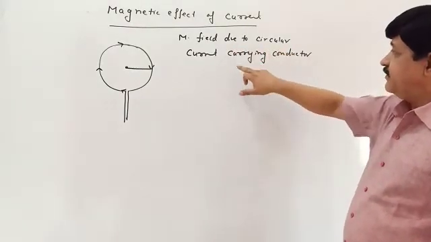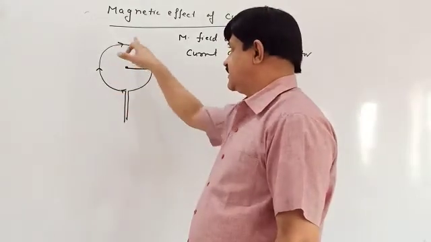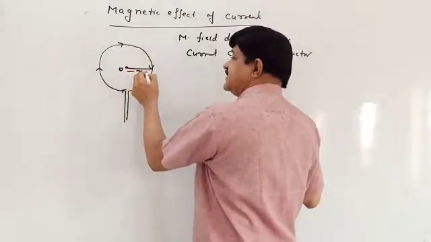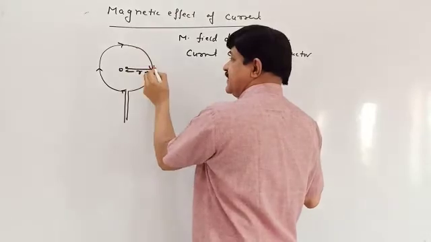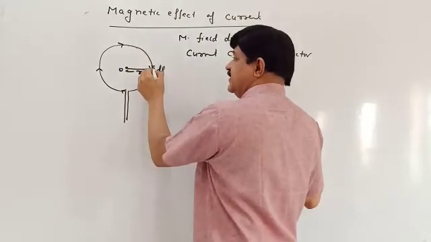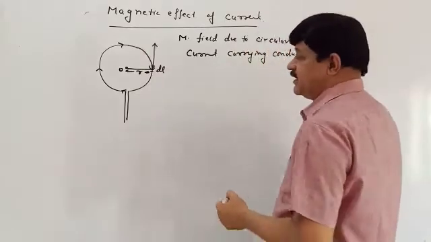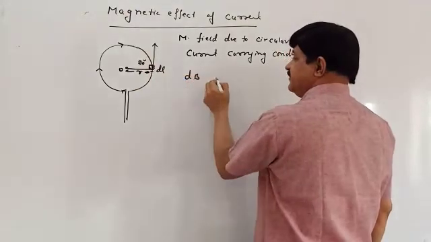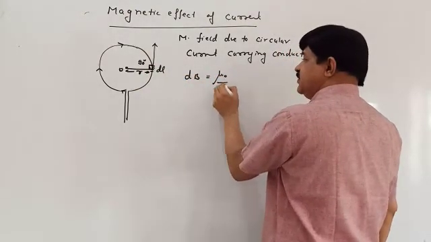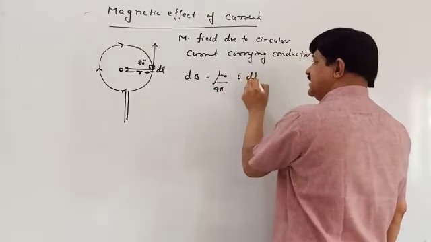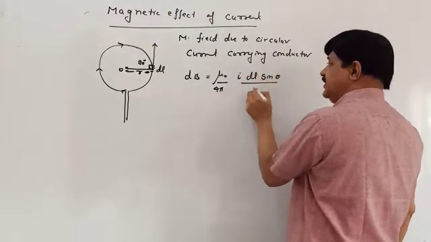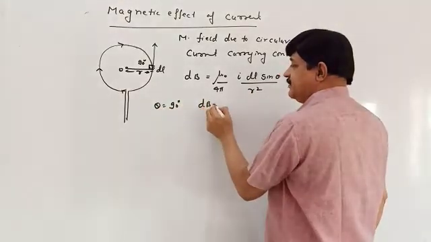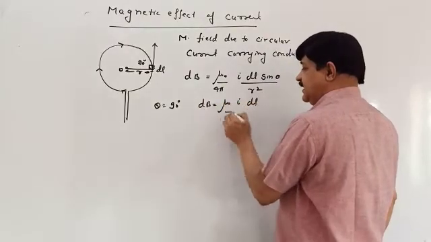Now we want to find out magnetic field due to circular current carrying conductor. This is the circular current carrying conductor carrying current in the same direction. This is the center of it, at r distance from the circumference. Just take a small portion of it, it is dl, so the direction of this will be in this direction. Clearly the angle between r and dl is 90 degree. Now your small magnetic field according to Biot-Savart law is mu naught upon 4 pi I dl sine theta upon r square. If you put theta equal to 90 degree, then magnetic field will remain mu naught I dl upon